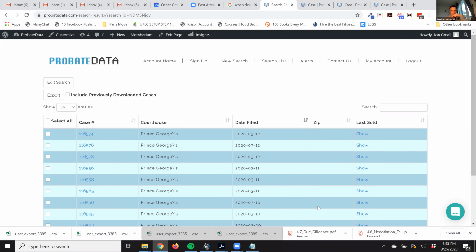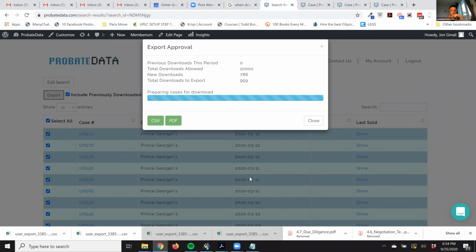Let me just find your email address here. Select all, export them, and we'll let it do its thing. We don't need to share that. All right, so